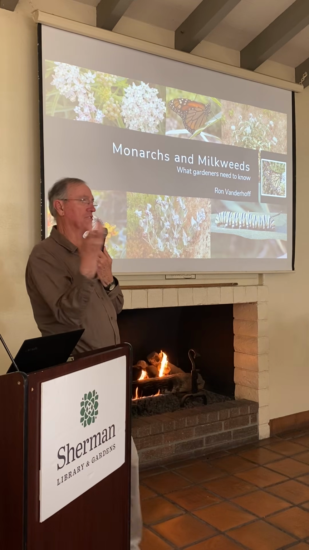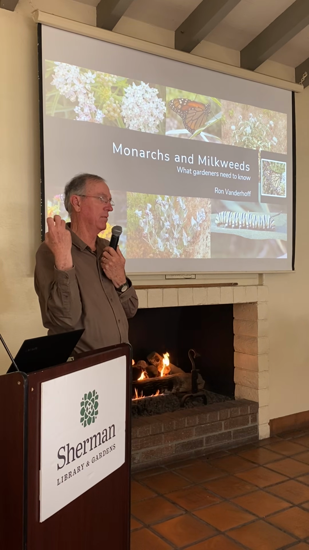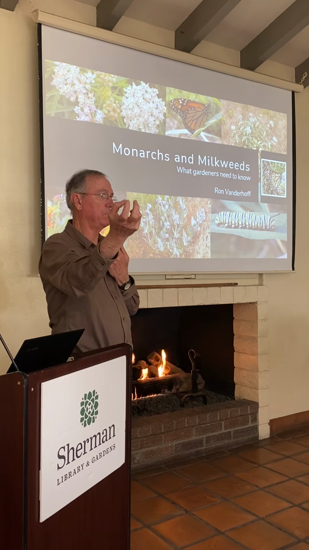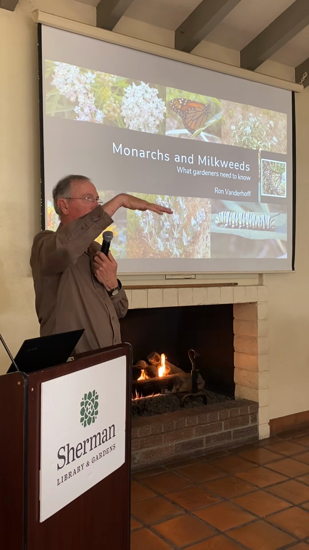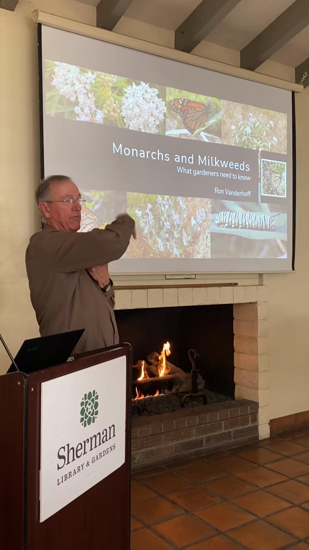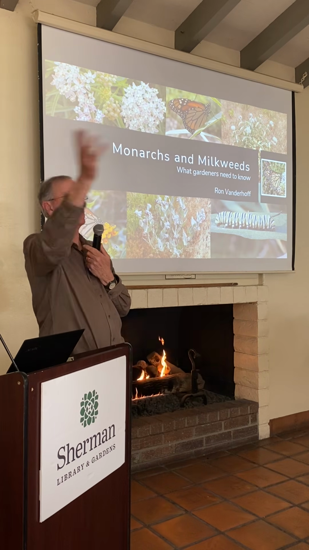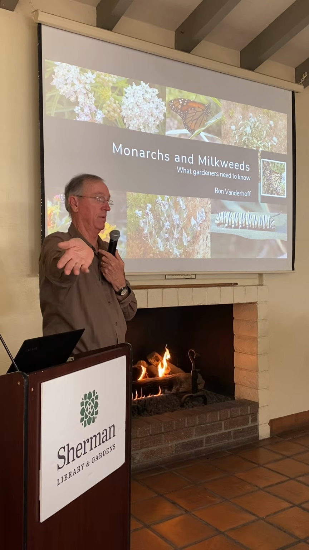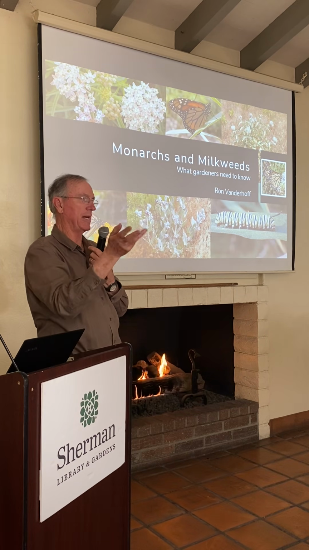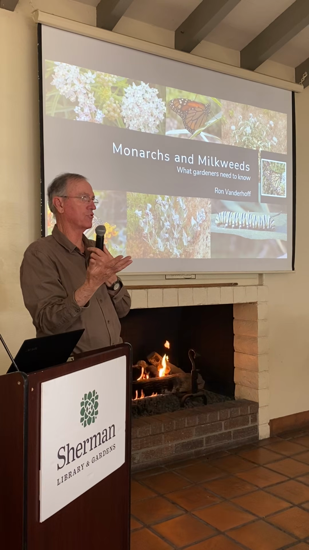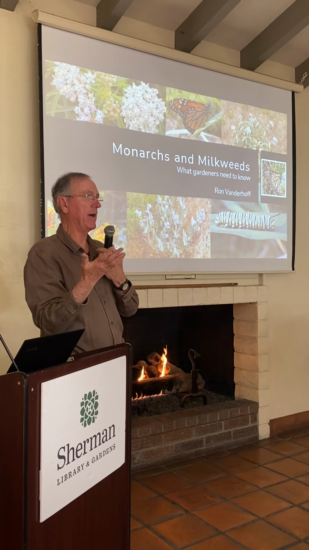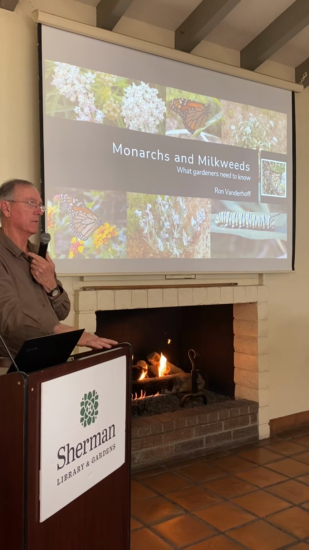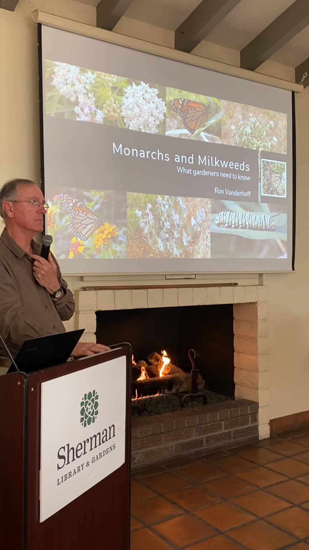If a monarch has 300 eggs in her abdomen, and every one of those eggs made it to adulthood, we'd be about 8 feet deep in monarchs right now, and we wouldn't have that chart. You'd have all sorts of other ecological problems with monarchs being too abundant. So that's just the natural balance that nature will have. Tachinid flies will parasitize some of those monarch larvae, and it's life.